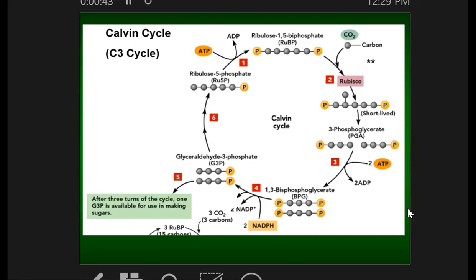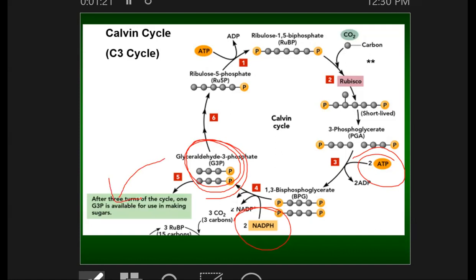Once that initial step happens, you eventually get that PGA as the first stable product. And then you go through a series of reactions to get your G3P. And to go from PGA to G3P, you do have to expend some of that ATP that was made during the light reactions and the NADPH made during the light reactions. So it's needed in order to convert the PGA over to G3P. And G3P is really good because as you have this Calvin cycle cooking along all day long, you generate enough G3P so some of it can get siphoned off, so to speak, and put into another pathway